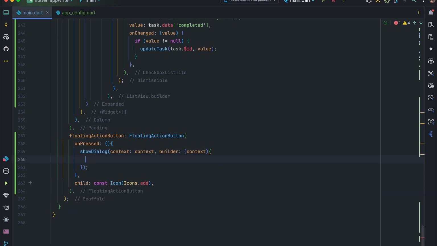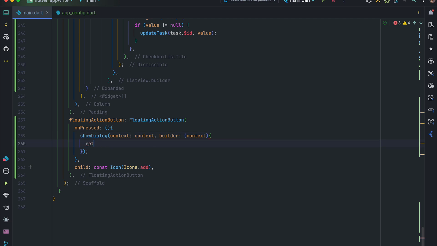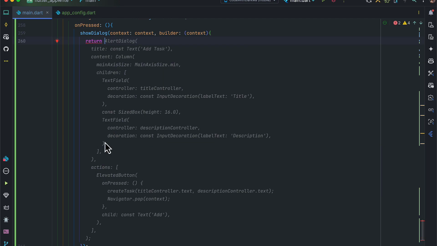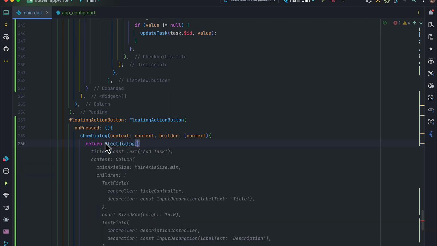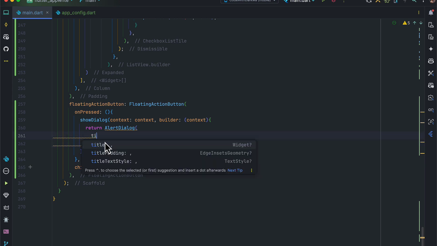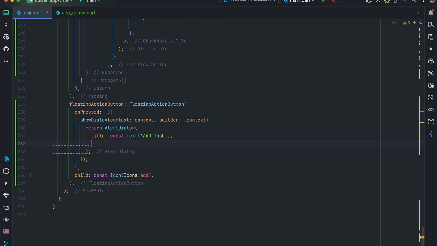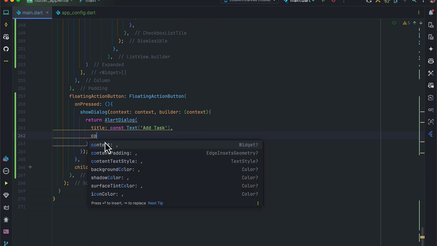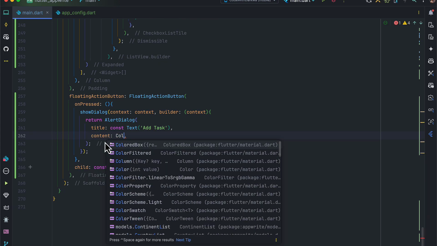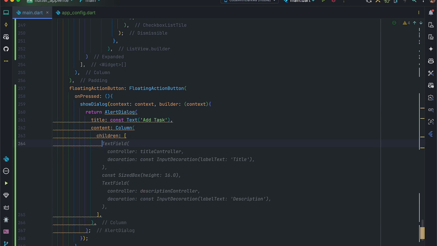So in showing a dialog, we are going to return the AlertDialog, right? Oops, the Copilot is disturbing me over here. So we return the AlertDialog and we show the title in here. The title is going to basically be our tags, and also we pass in the content. So we are going to return a column in here, and we're going to have children, and in this children,